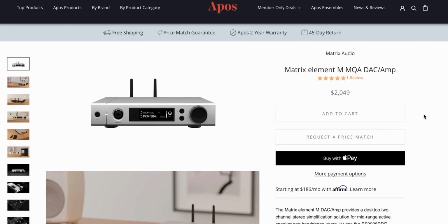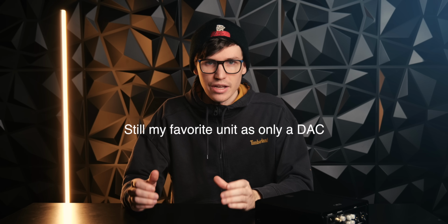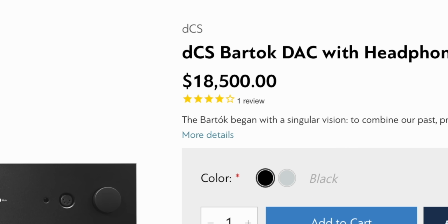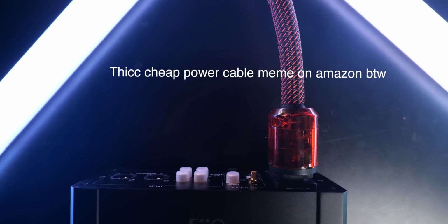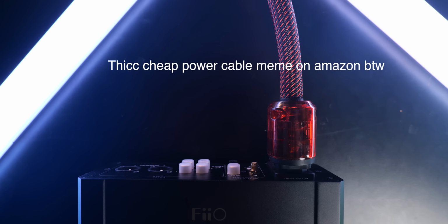Now, before this, my favorite DAC was the Matrix Element M. Now, that's a $2,000 DAC, and I used that for close to a year as my daily driver. Before that, I was using the DCS Bartok, which is a $17,500, something in that price range DAC. This reminds me a lot of that. Now, granted, they are very different price points. They are different DACs, they're different amps, but the things this does well remind me so much of the things